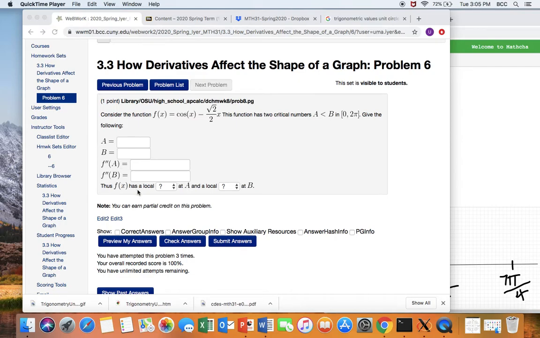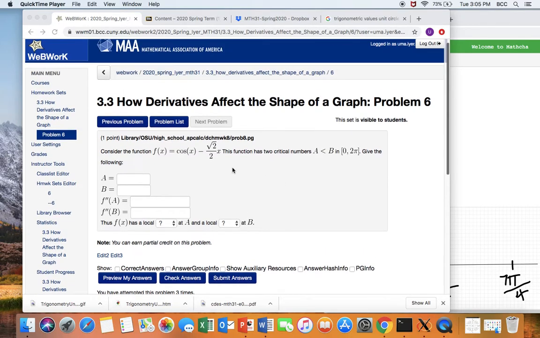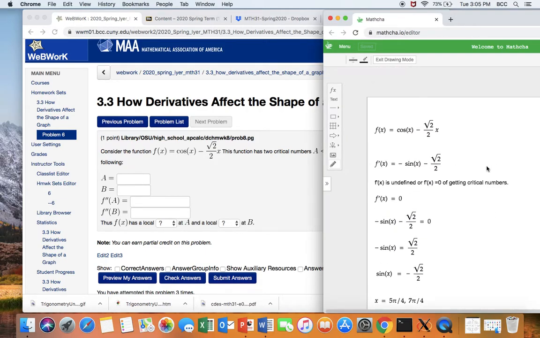Using this, you want to inform whether it's a local max or a minimum at a, and local max or a minimum at b. All right, so cosine x minus root 2 over 2 x. I've done the problem here essentially. First derivative: derivative of cosine is negative sine x minus root 2 over 2, because that x is just a